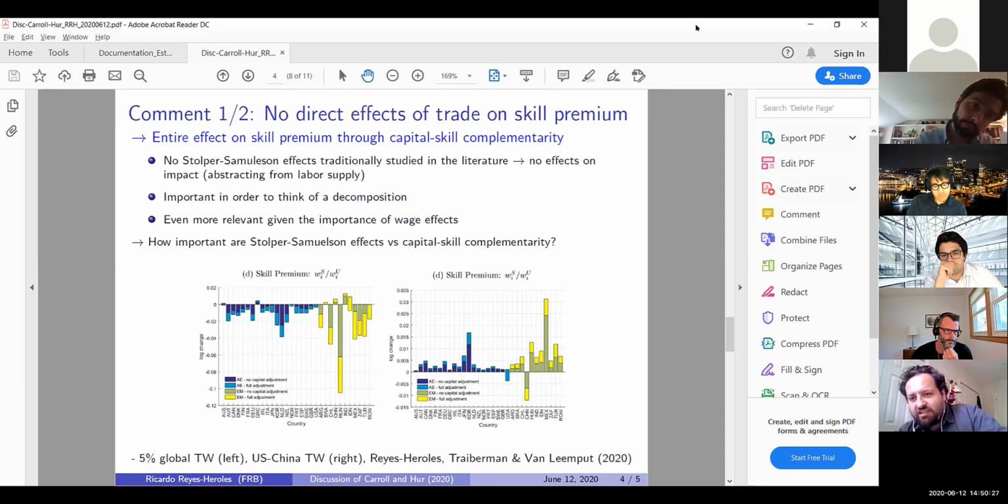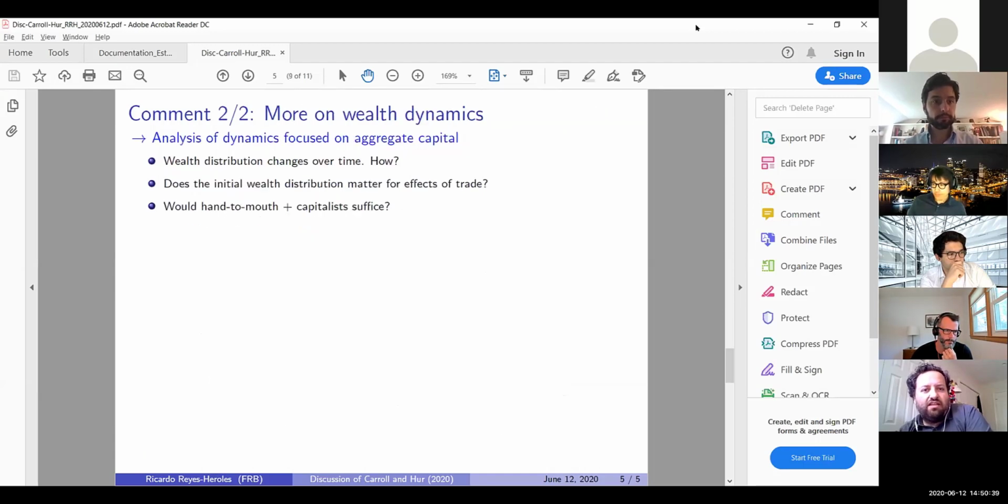If we have other exercises in the paper where the Stolper-Samuelson part plays a much more important role because we have these HO forces and so on, I think you should think harder about this and address it in the paper. The second comment,